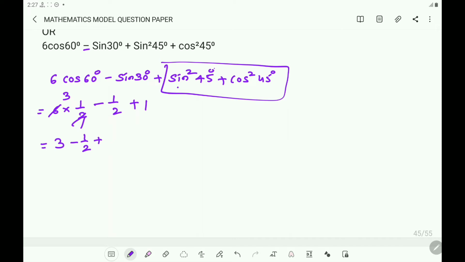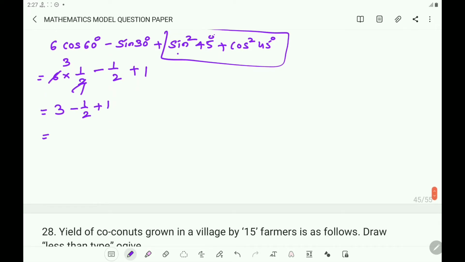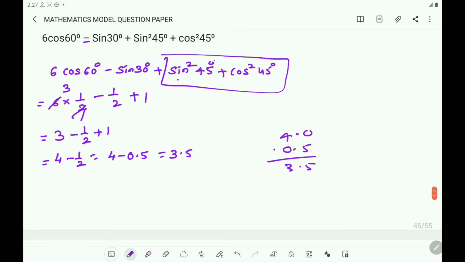1 by 2 plus 1, and that equals 3 plus 1. 3 plus 1 is 4. 4 minus 1 by 2, that is 4 minus 0.5. What is that? 3.5. So it is 3.5. Then you can write, therefore, 6 into cos 60 degree minus sin 30 degree plus sin square 45 degree plus cos square 45 degree